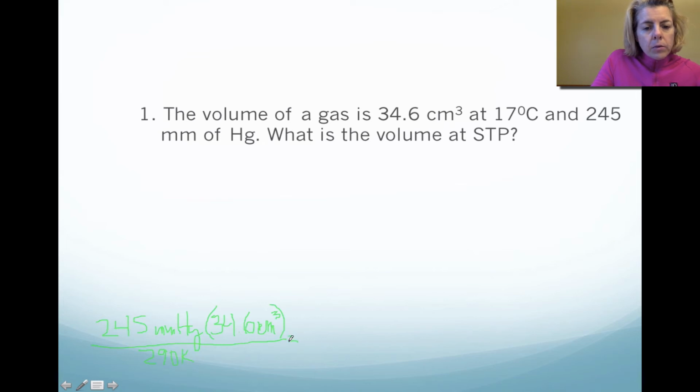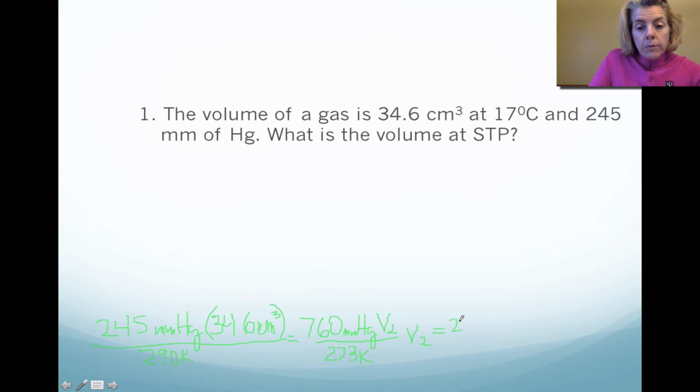And that is equal to a pressure at standard temperature and pressure, and that would be 760 millimeters mercury. That is standard pressure, times some volume. We don't know what that volume is. And we're going to divide it by the temperature, which is 0 Celsius or 273 Kelvin. Now, when I rearrange this, I'm going to have V2 on one side,